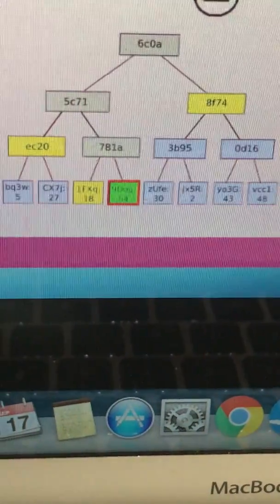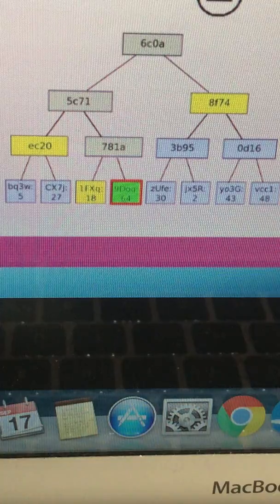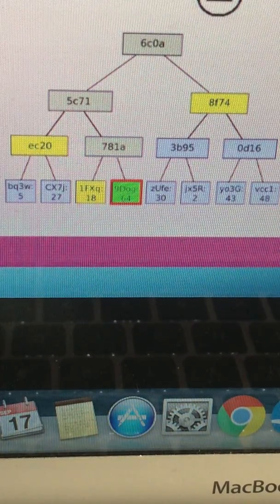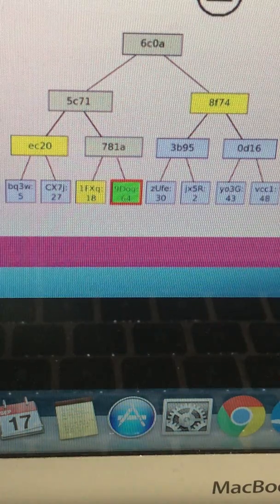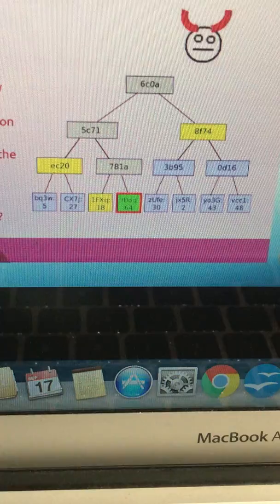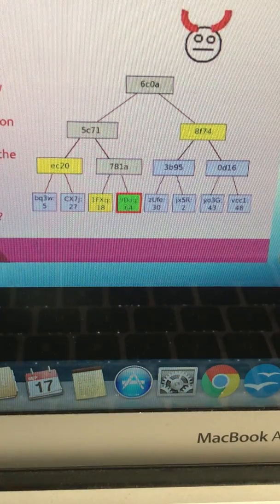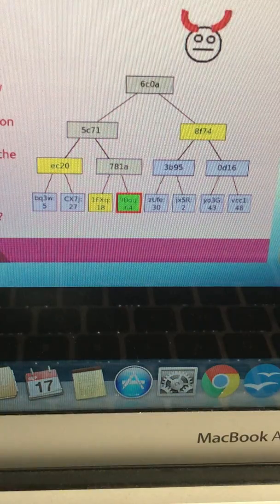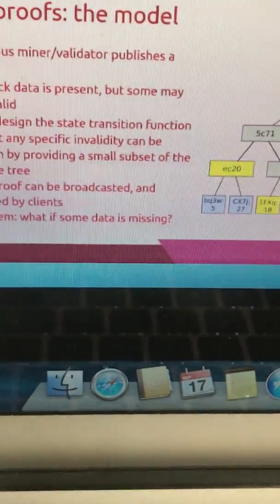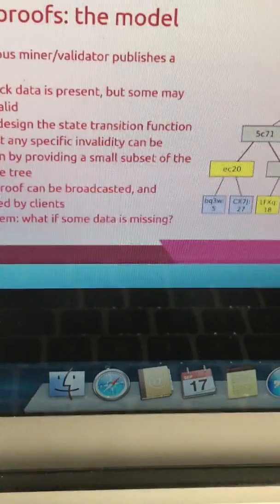Who here is familiar with how Merkle branches work? Yay! Okay, so if you have a transaction that's processed incorrectly, all you need to do is provide a few leaves that touch the transaction, that touch the accounts affected by the transaction, and you can prove that something invalid happened. Once someone's made a fraud proof, they can broadcast it, and any client, upon receiving a fraud proof, can immediately verify that there's something wrong with the block, right?